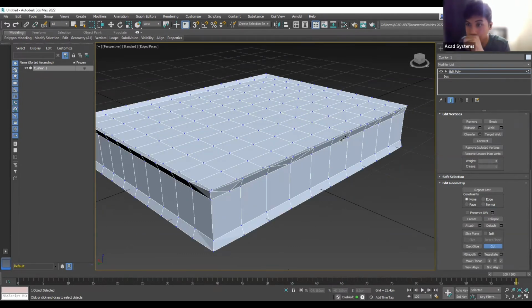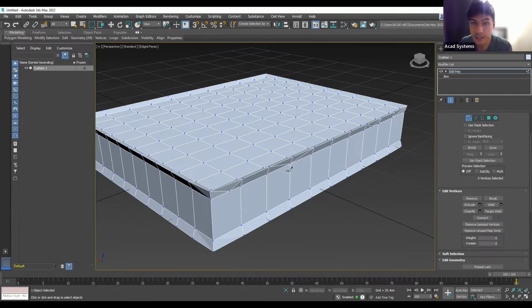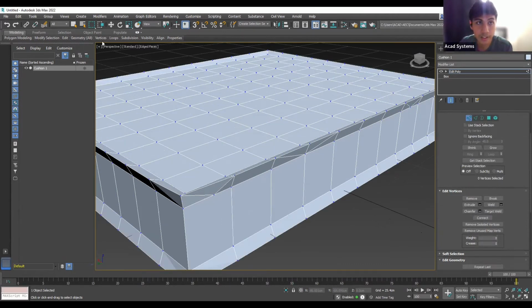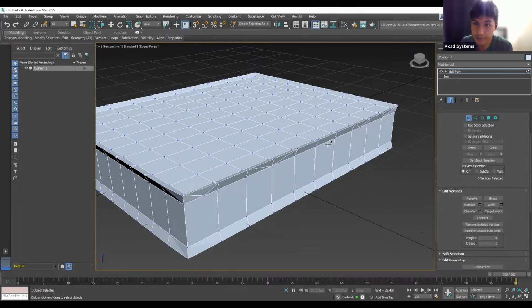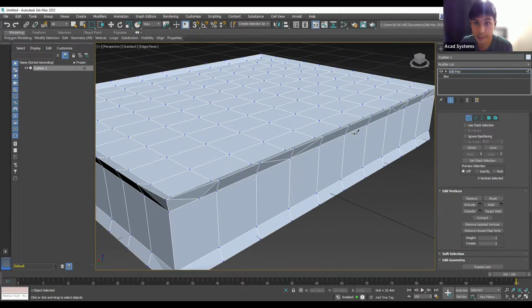And next, I will be moving these vertices. Okay. I'll just apply the cuts on this side. You can do it on all sides, but for demonstration purposes, I'll just do it on this one side. Okay, so after applying the cuts, I can go to this move icon,